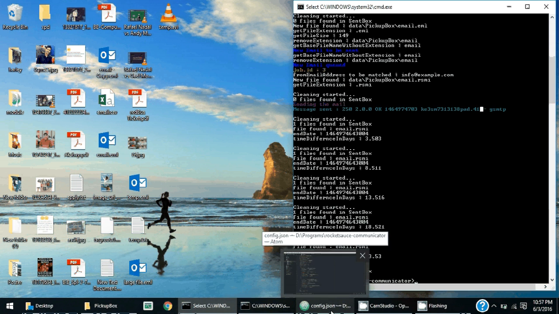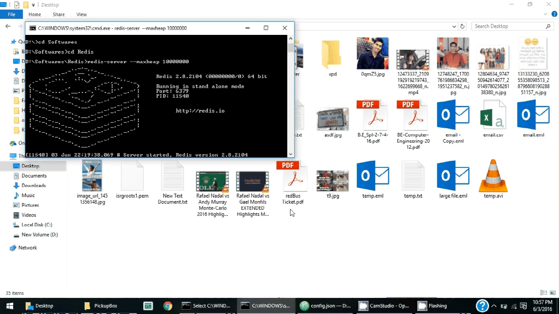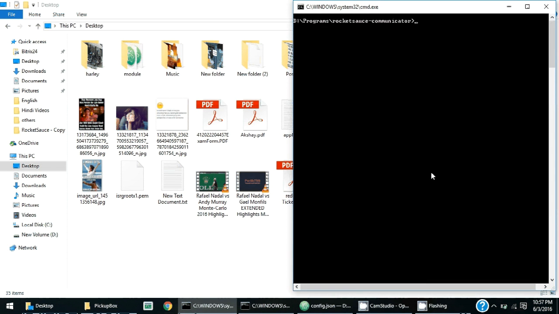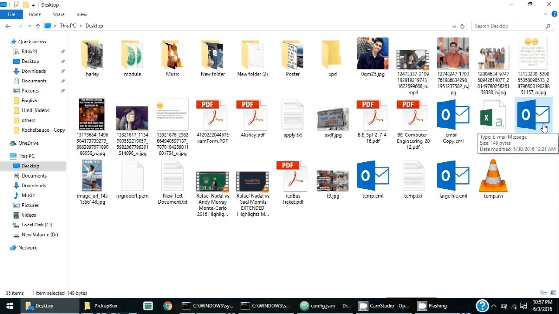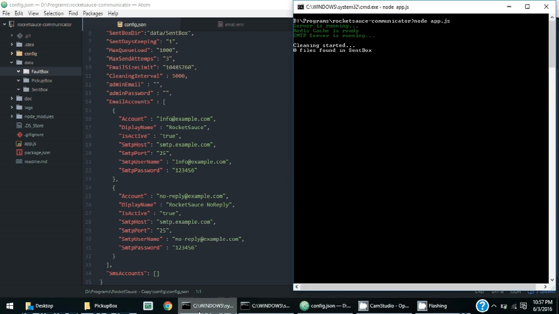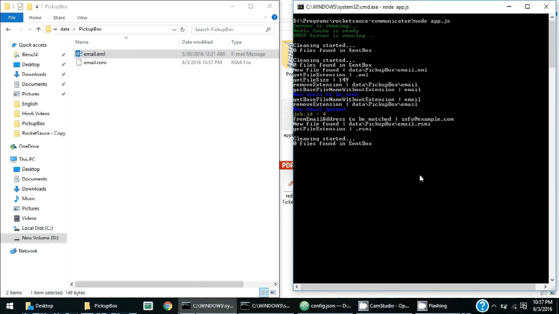Now I'll show you this process again, and we'll be looking specifically at the RSMI file, how the content of the RSMI file looks. So what I'll be doing is, I'll start the server again, node app.js, and I'm pasting this file again into the picker box. So I am pasting this file in the sendbox folder, and in the meantime